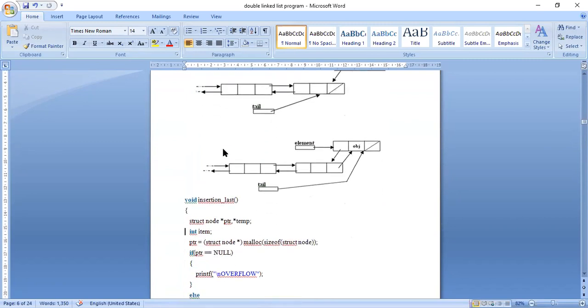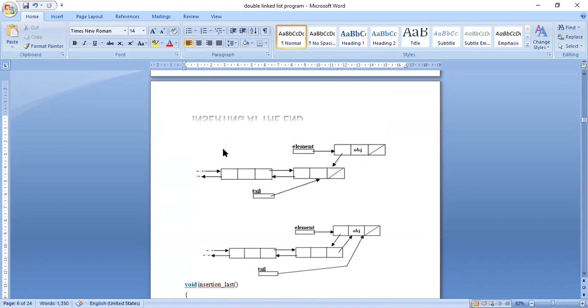So I have to search the last node. To search the last node, I should start at the first node until the next part is null. I have to travel in the linked list.